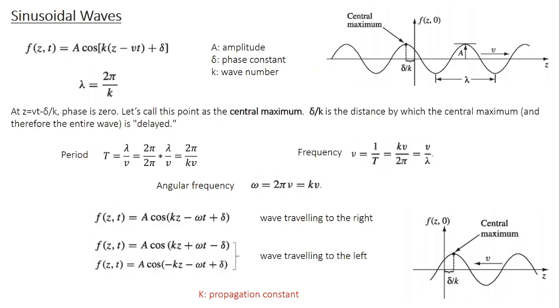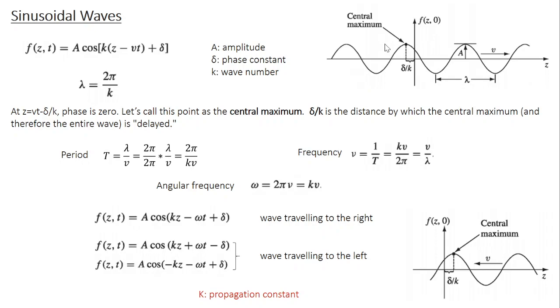When I say a wave, what is the picture coming into your mind? Or if I ask you to draw a waveform, what is the waveform you are going to draw? In 9 out of 10 cases, you will draw a picture like this, right? This is known as a sinusoidal wave, where the wave function is a sinusoidal function. Sinusoidal means a cosine function or a sine function.